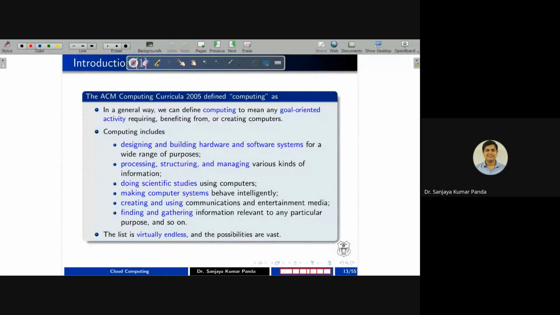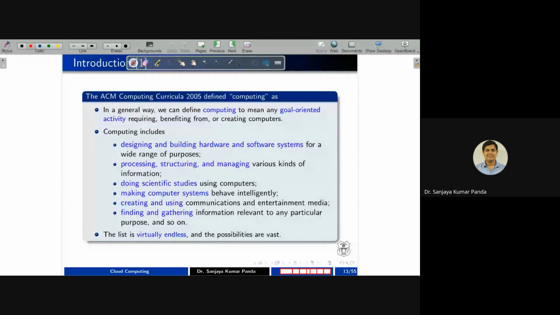So we need to design and build a hardware system as well as a software system. We cannot enhance hardware without software, or release well-designed software without any hardware. Computing also includes processing, structuring, and managing various kinds of information.